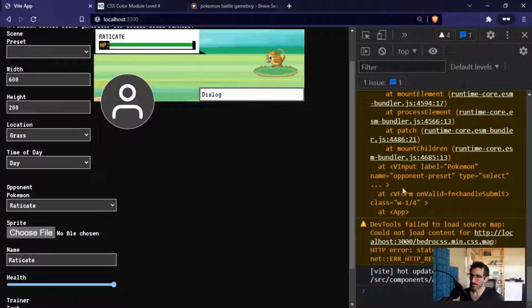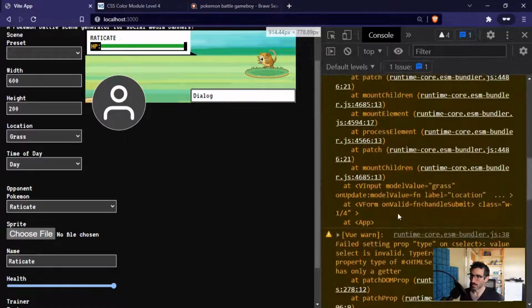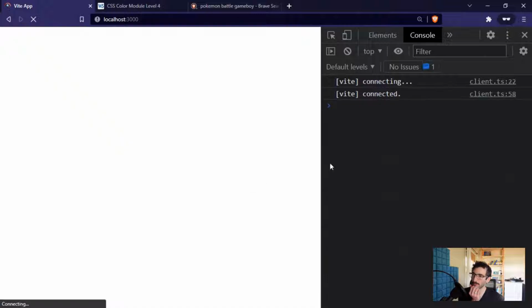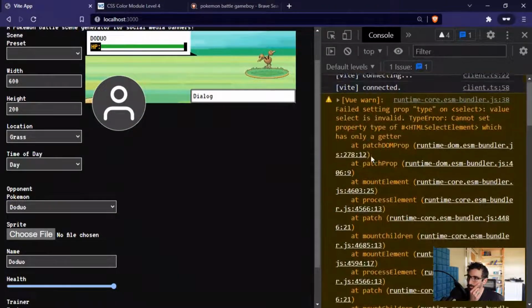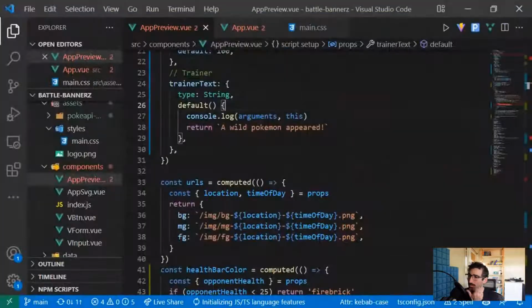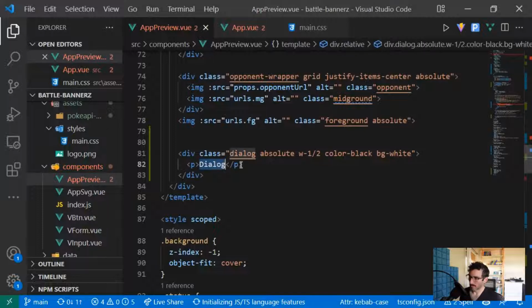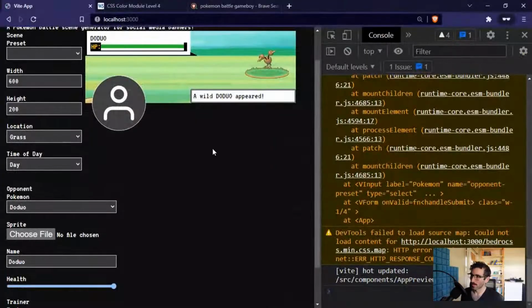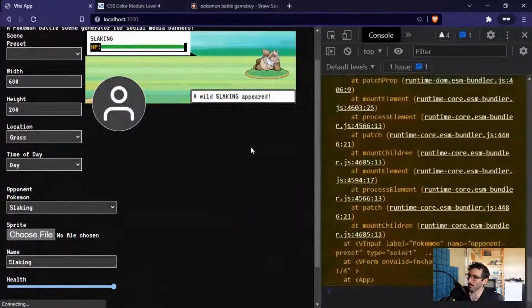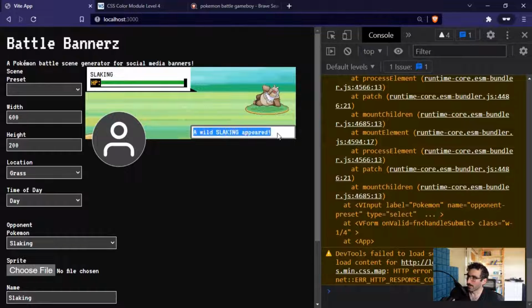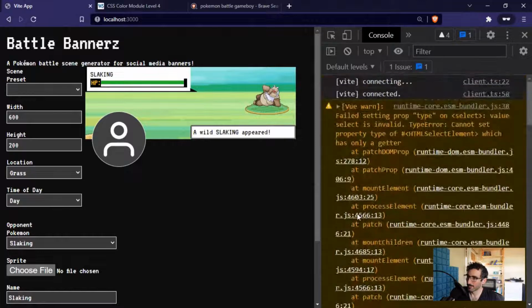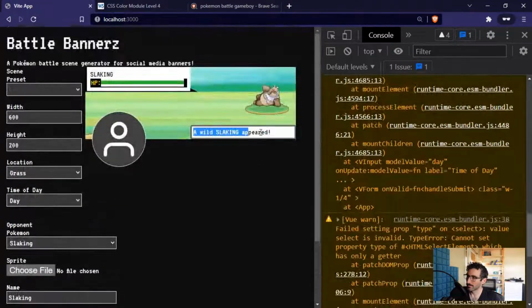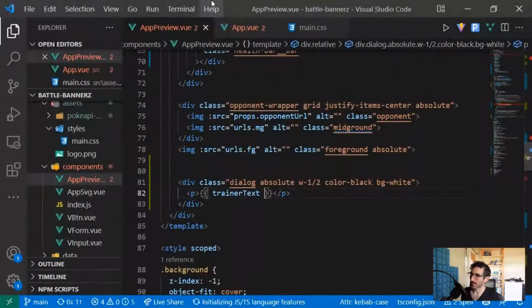Let's go to my console. I'm not sure where that's happening, so reload. Doesn't look like that's happening. Oh, because I'm not actually using it, maybe? So let's go to the trainer text. That should be in here. Which is really cool. Oh, look at that. That's like one of my favorite Pokemon. Okay, well, I don't think I can do what I was thinking about doing, but this is working as expected